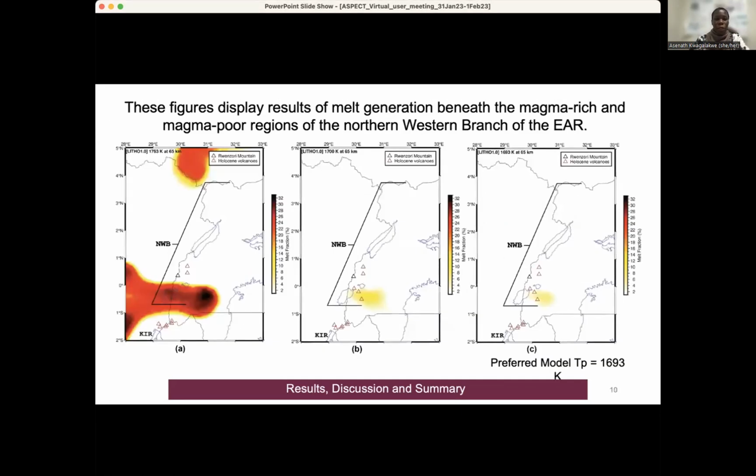So this figure explains just what's in the table. So our study area again. In the area where we have the magma rich area, we see melt being generated, but in the magma poor, we don't see any melt being generated there. And these are different models carried out at 1,673 Kelvin, 1,700, and